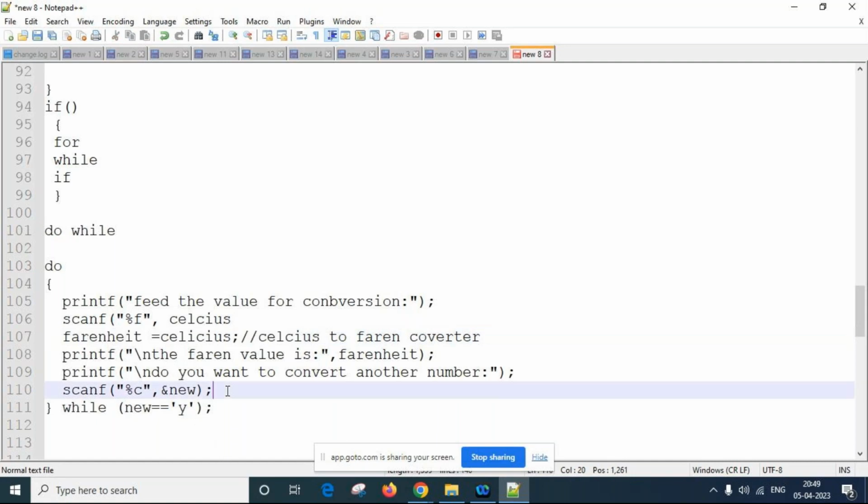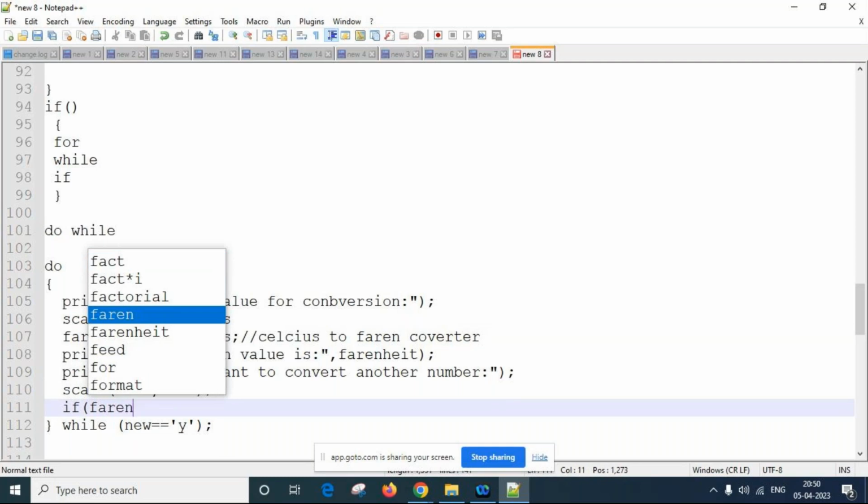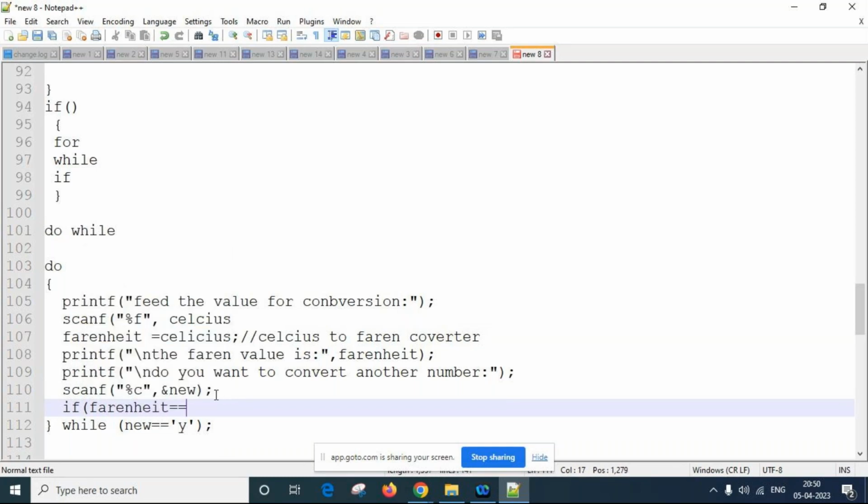As of now we will be seeing an example here. If Fahrenheit is equal to 100, this is an example only.